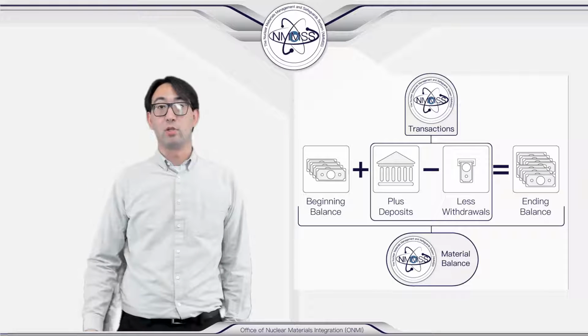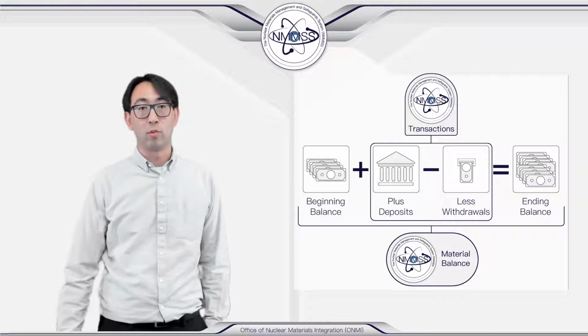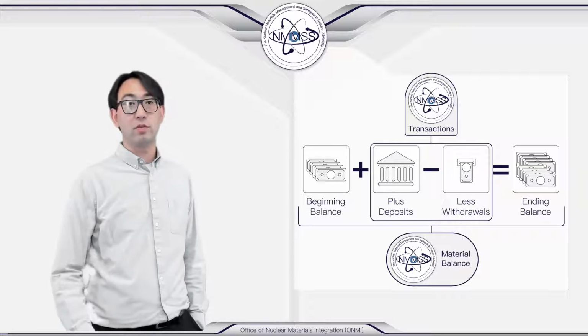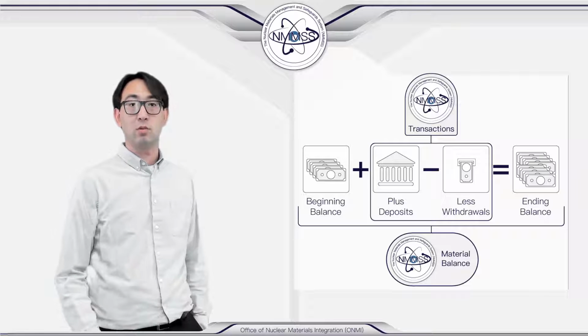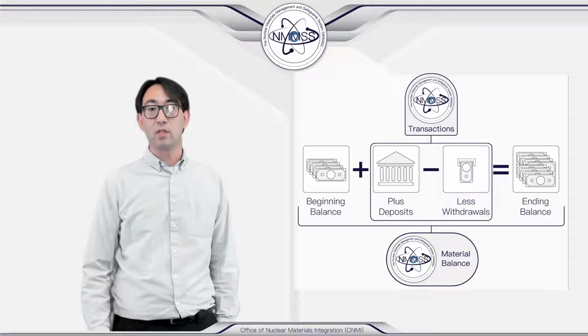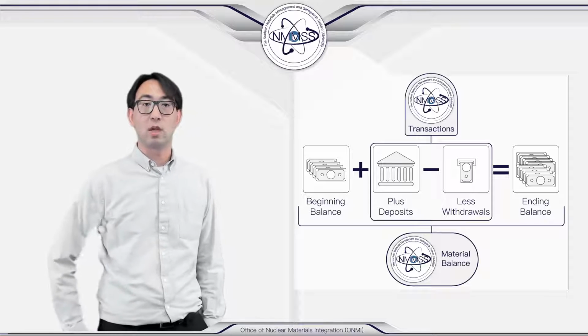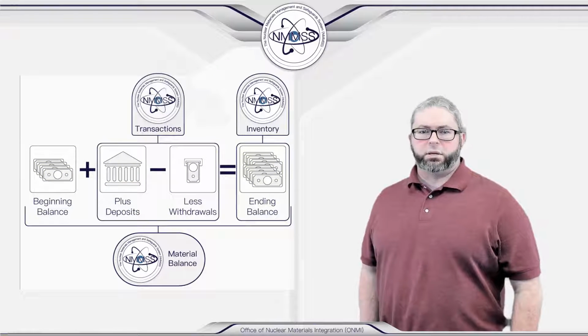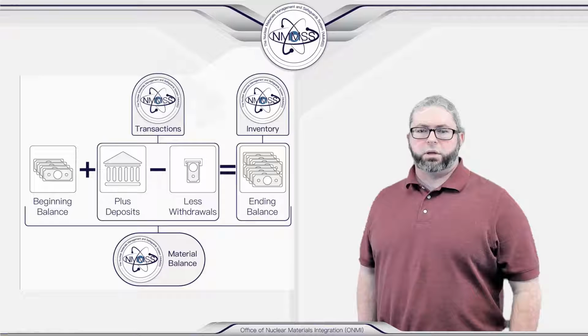The holder of the financial account will also determine, from their own records, the holdings that are in their account as of the ending date of the report, which links to the physical inventory data in the NMMS reconciliation definition. The financial account holder then verifies that their calculation of holdings match that which was reported to them by the bank. This is a basic example of the reconciliation process.